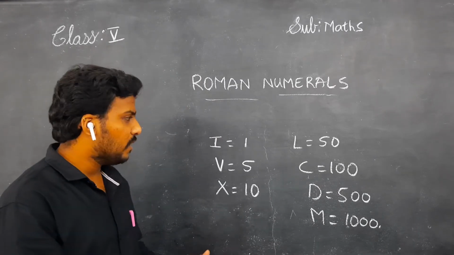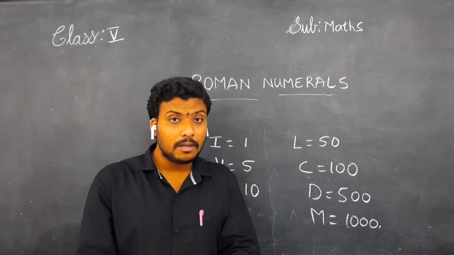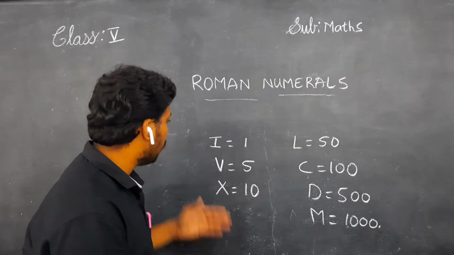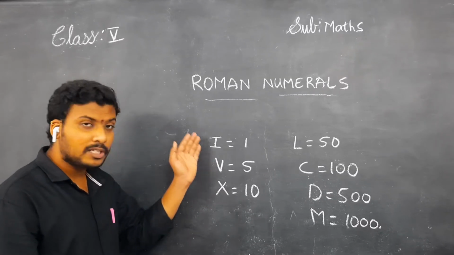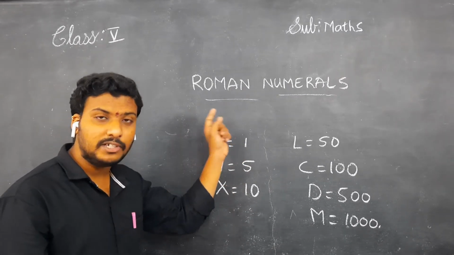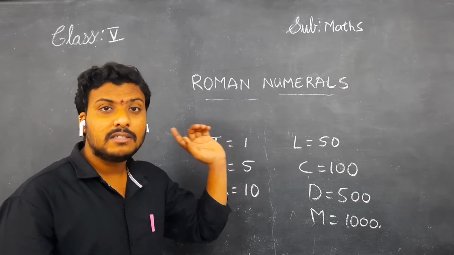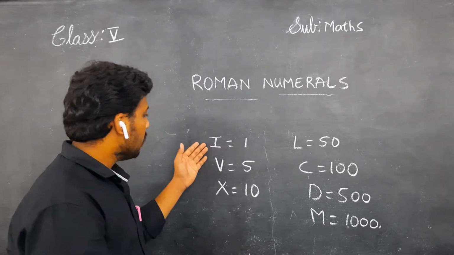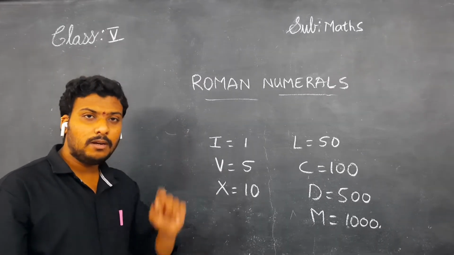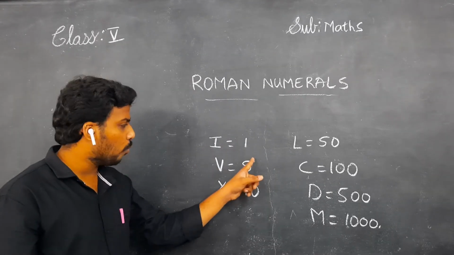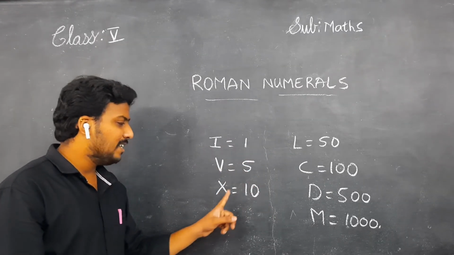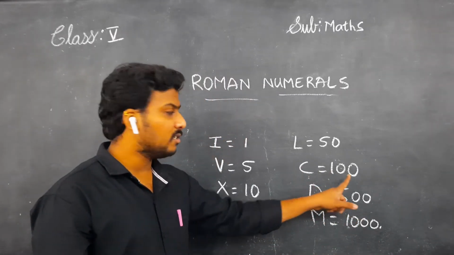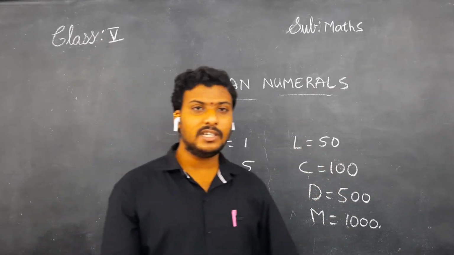Understand, children? We represent numbers like 1, 2, 3, 4, but here we are using particularly the Roman numerical system, so we need to follow these letters. Here the letters represent the numbers. I already said the definition: any of the letters that represent numbers are called the Roman numerical system. Every letter represents one value: I means 1, V means 5, X means 10, M means 1000, D means 500, C means 100, L 50, children. Understand, children?